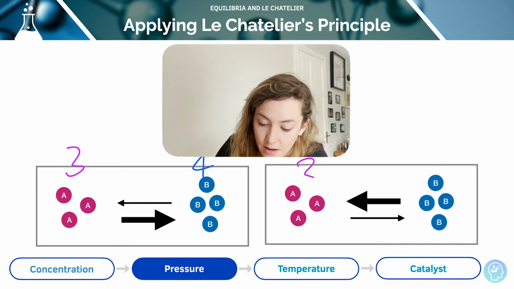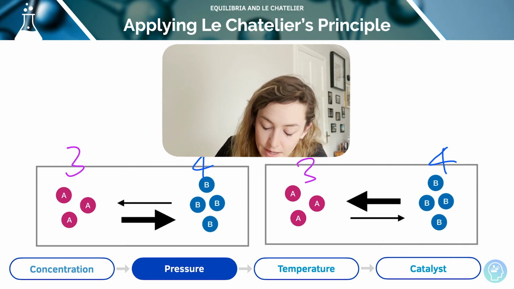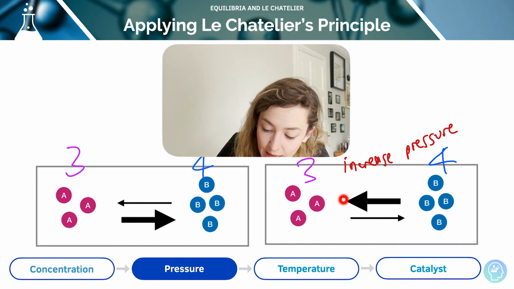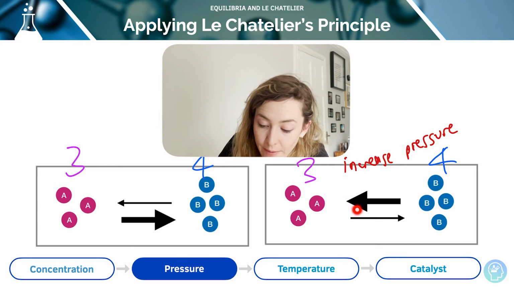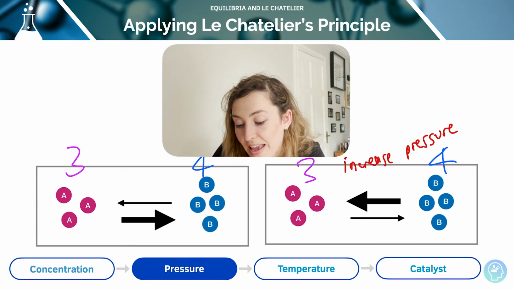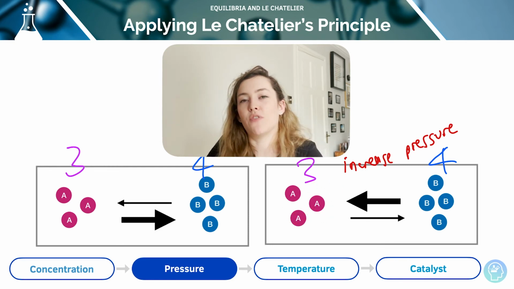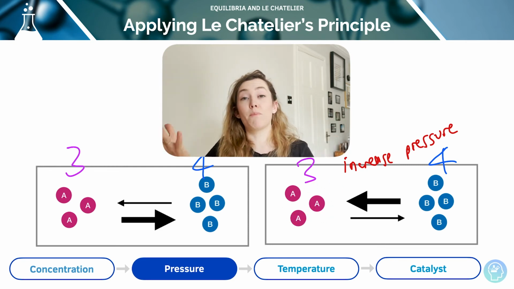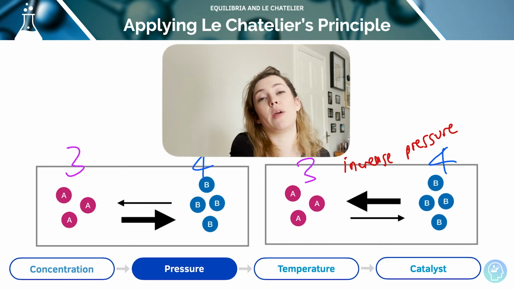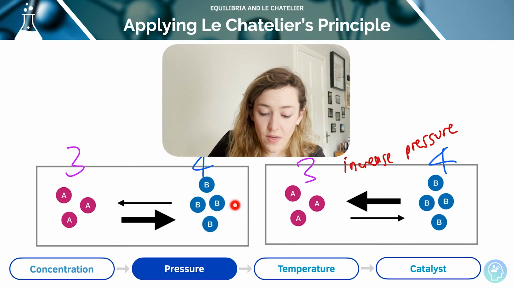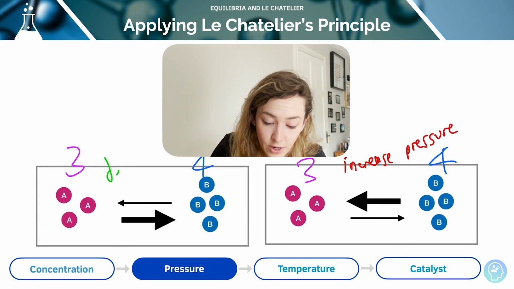Okay, so again, if I've got my two diagrams, on this side, if I increase the pressure, we are going to shift this way, as my big arrow is showing, because we're going to want to favour the side of the reaction that's got fewer moles of gas, less pressure. If you increase the pressure of the system, it's going to increase the pressure on both sides. So we're going to shift the equilibrium to favour the side that's got fewer moles of gas, and it's vice versa on the other side. So if you decrease the pressure,